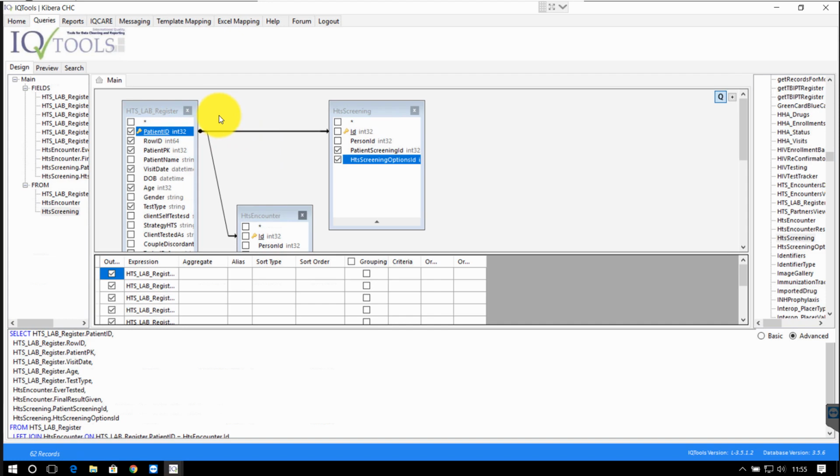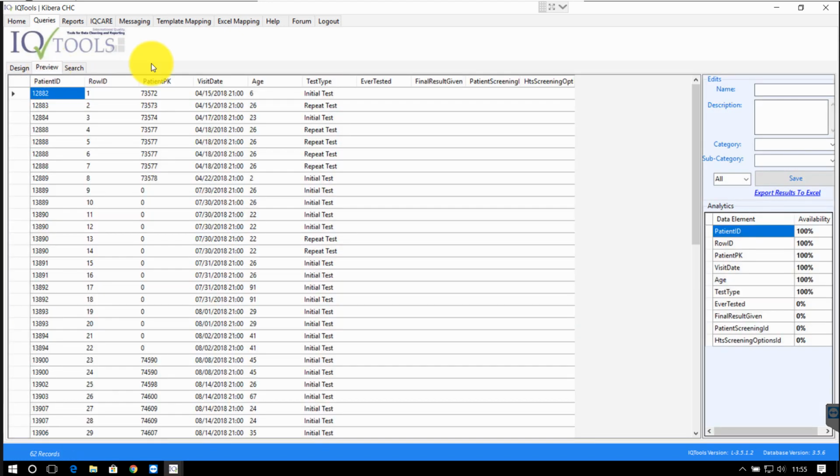Once done, click on the preview icon to display the report. The last two columns in your table have been added from the third table we selected. That is how to combine more than two tables. This brings us to the end of HTS reporting session.